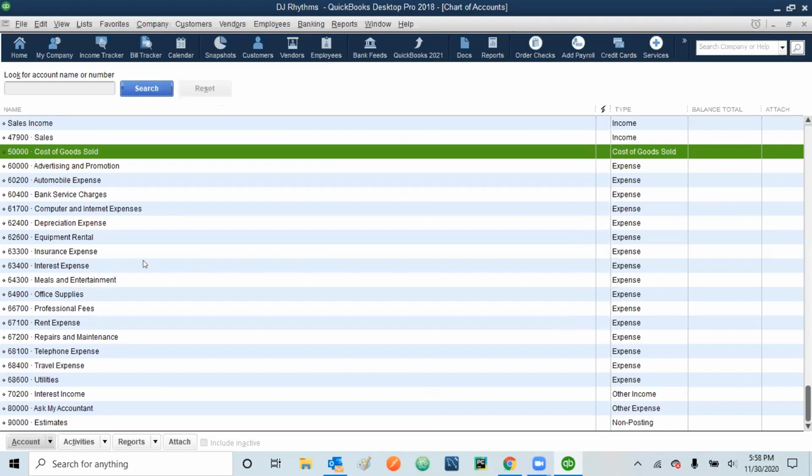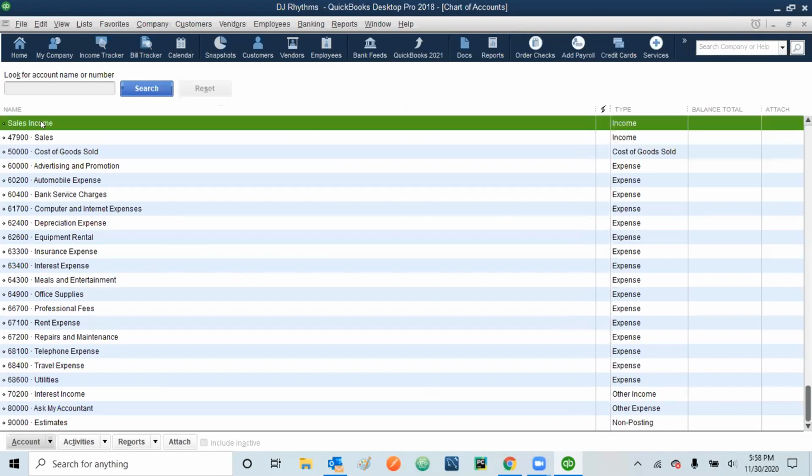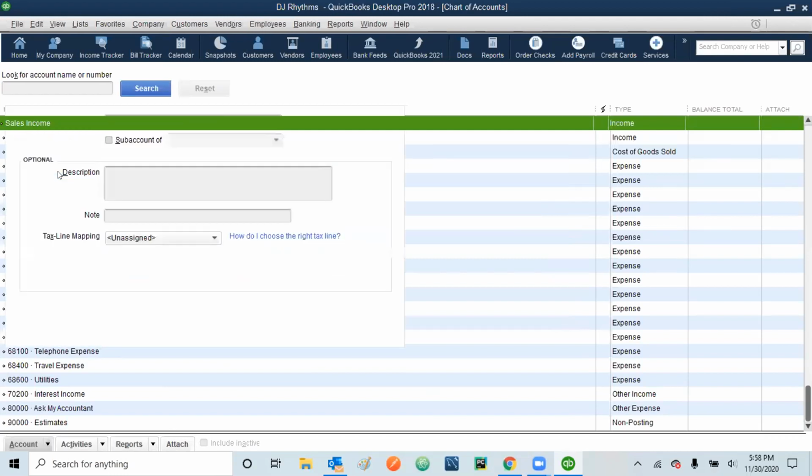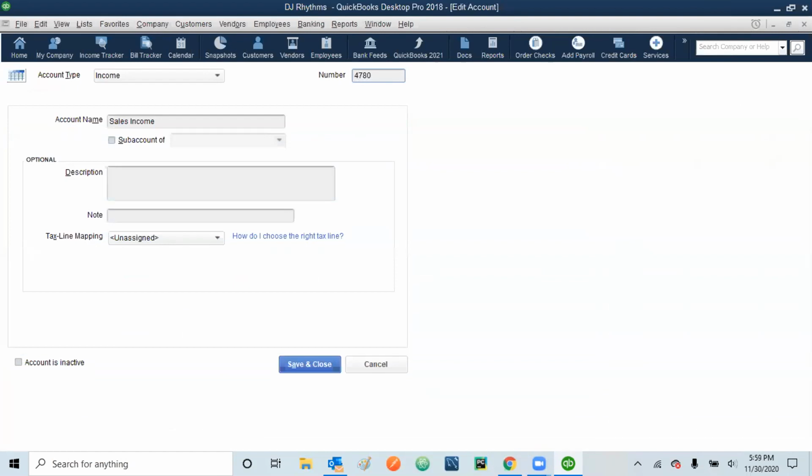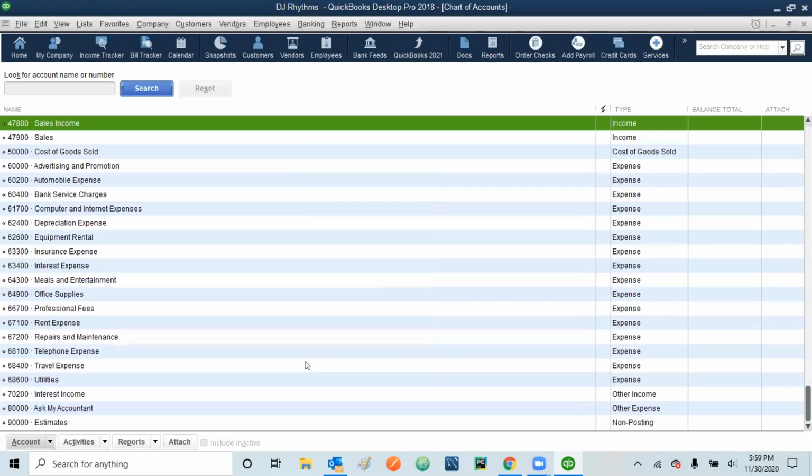What else? Sales income. Sales income is here, and again it has 47,800. Right click, edit account, and then 47,800. I am just doing whatever information I need to update in the exercise as per the book. It's not like something new; you already learned it when we were working with customers or vendors. Here we are just editing the account the way we have done it in the past. The only thing is that there are many transactions, so you may feel that I have done a lot, but it's the same way we have done before. Just say save and close, and it's done.